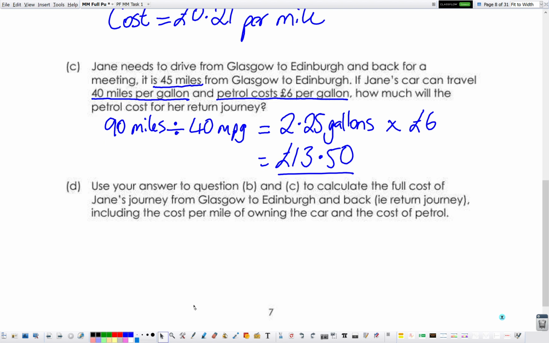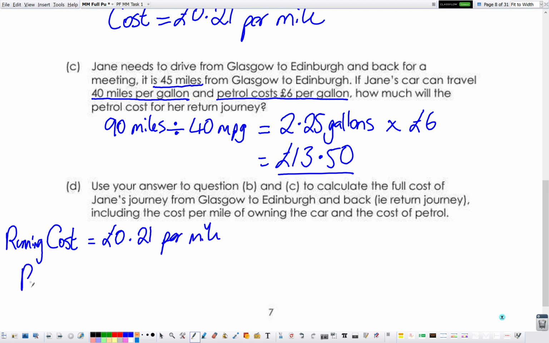So question D says, using your answer to question B and C, calculate the full cost of Jane's journey from Glasgow to Edinburgh. Okay, so that's the cost of the petrol plus, from part B, the cost of how much it's costing her to run her car per mile, including the insurance and the repairs and all of that sort of thing. So the cost of running the car, which we would maybe class as running costs, was £0.21 per mile,